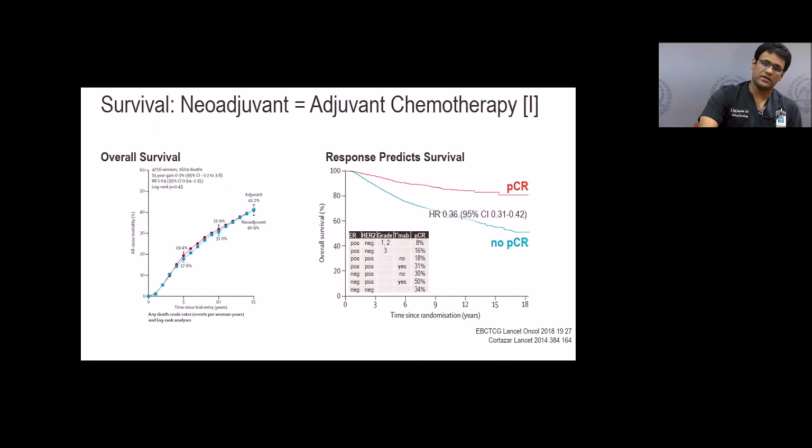So here's the same thing that I said earlier. After giving neoadjuvant chemotherapy, if my patient achieves a complete response, that is no viable tumor on the surgical specimen, their chance of relapse at 5 years is only 5 to 7%. Whereas if at the end of all my neoadjuvant chemotherapy, the patient continues to have residual disease in the surgical specimen, then their chance of relapse is almost 25 to 30%. And therefore, if I can find this information, I can choose to give more treatment to this group and therefore potentially prevent them from relapsing.